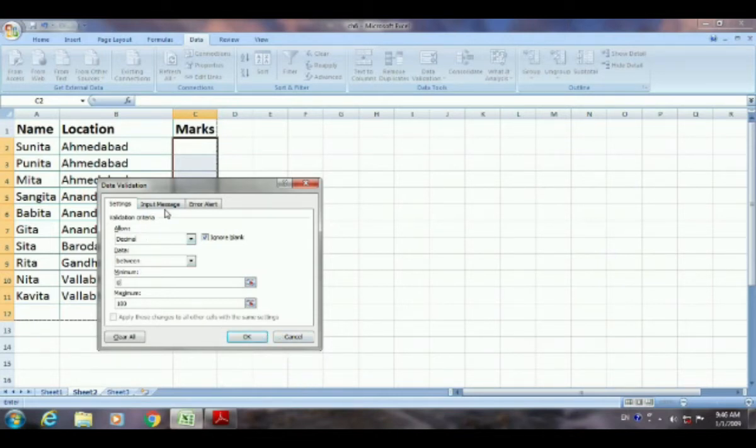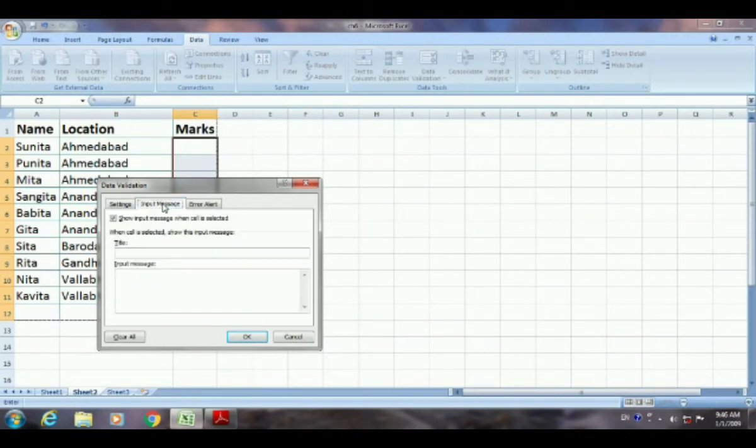Then go to the next step, that is Input Message.